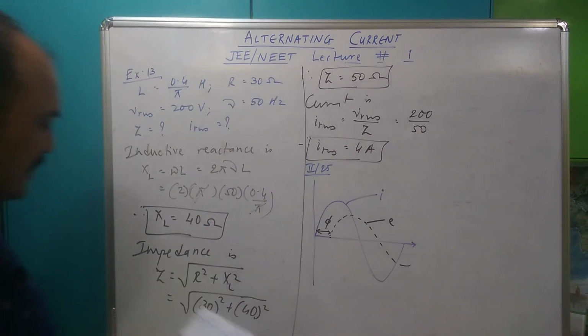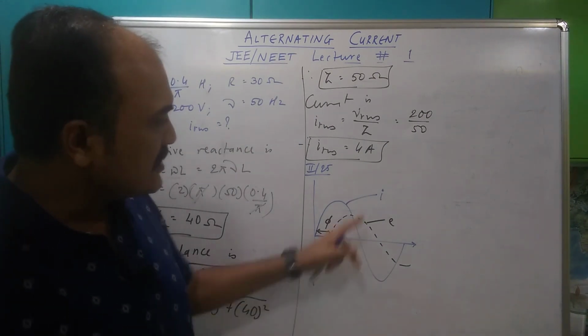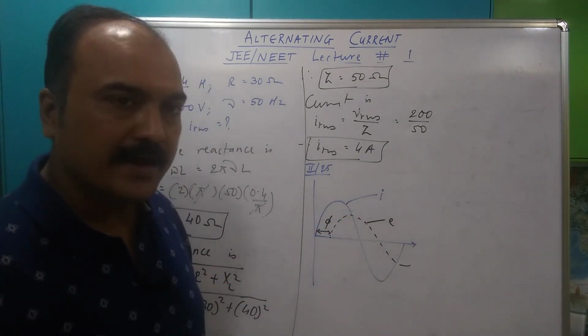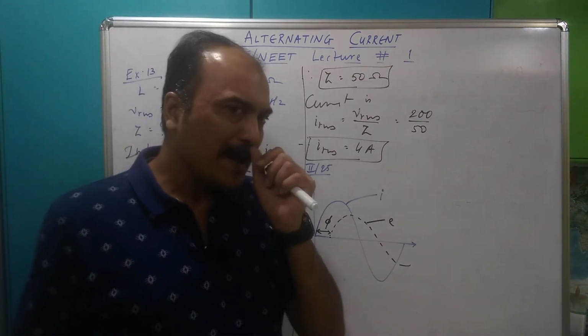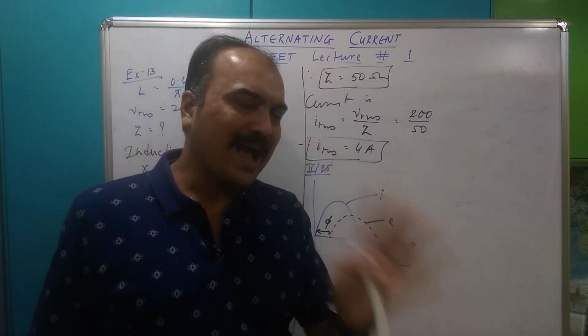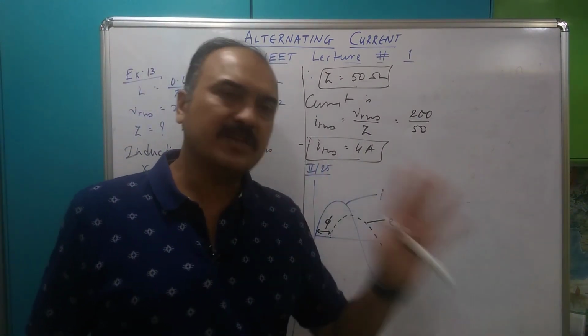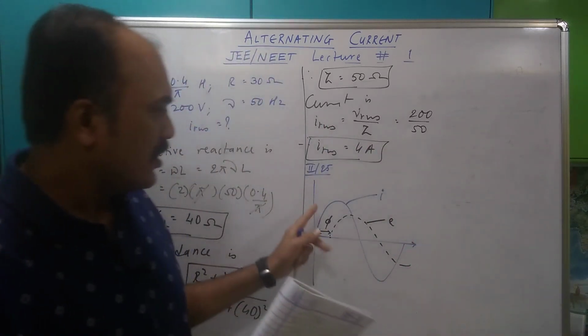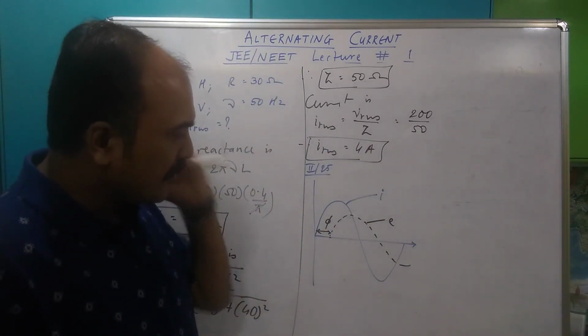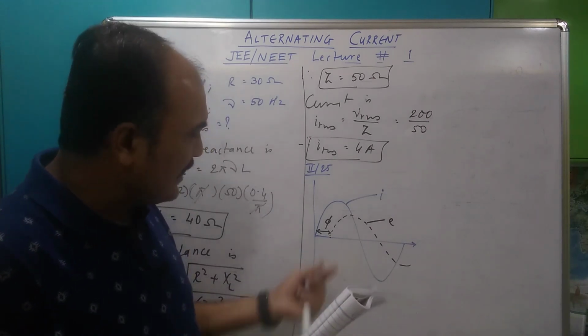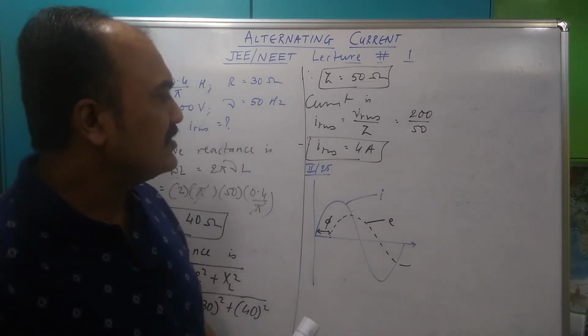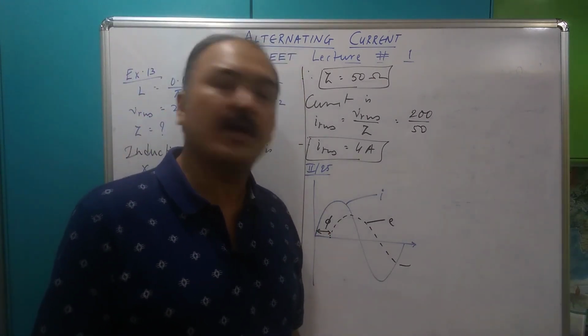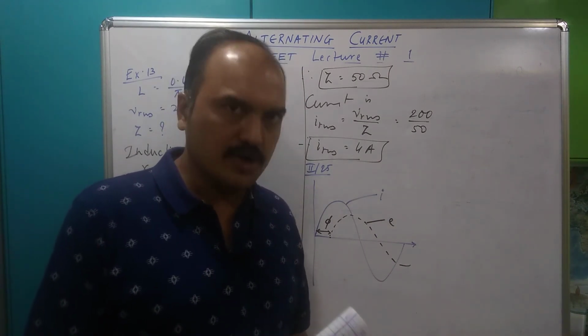Now before I start this, let me take an educated guess. You can see current is leading and voltage is lagging. Current is leading, so it has got to be a capacitive circuit. Capacitor has got to be powerful, and the lead-lag angle is not 90, it is just phi. So there has to be something else. There has to be an inductor, there has to be a resistor also somewhere.